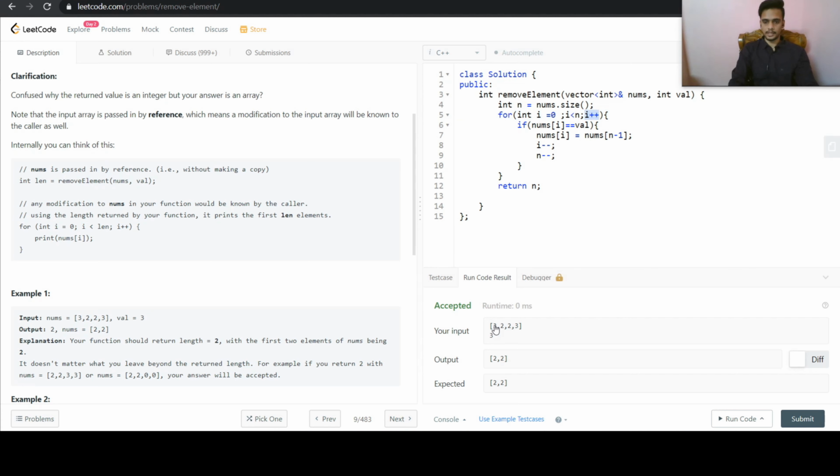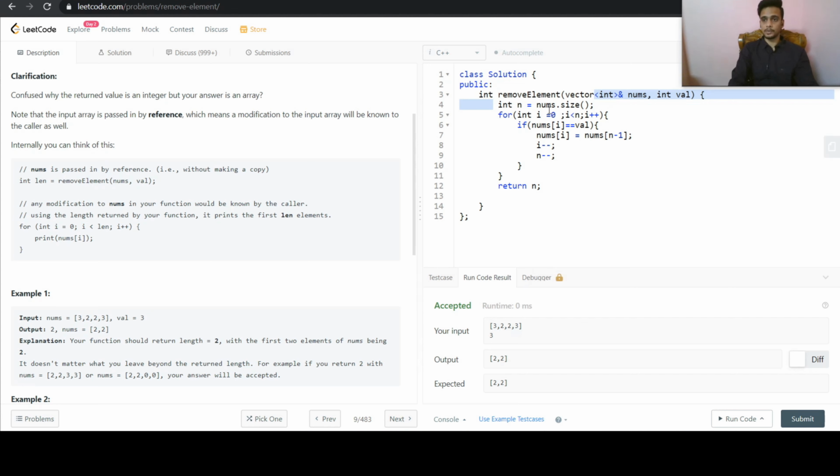So the value went to 0 again. Then again it checked whether nums of 0 is equal to 3 or not, and it was equal to 3. So the same thing happened again. This 2 came here, and we did n minus minus. So n was previously 4, then after the first time it became 3, and now we did it again, so it became 2.